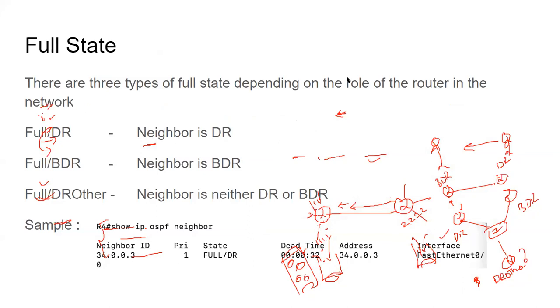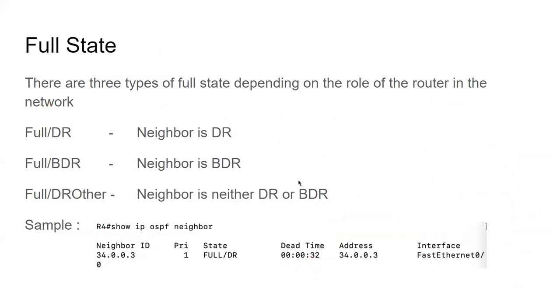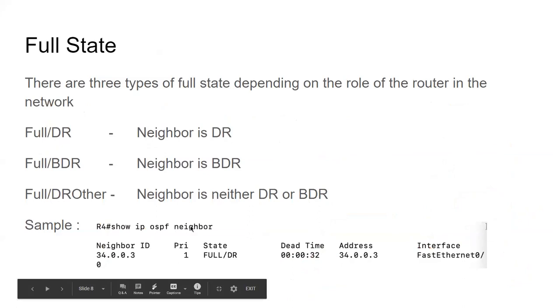Okay, again I derived it with a small output. What is show ip ospf neighbor giving you? Neighbor ID is this guy. I have formed a full neighborship and he's a DR. It also gives you via which interface I formed the neighborship. This is not the neighbor's interface. This is my interface.